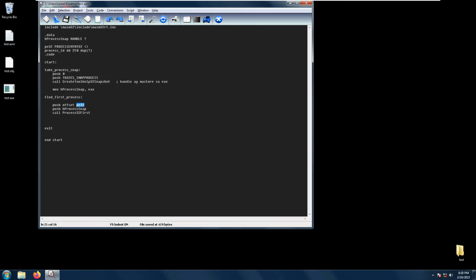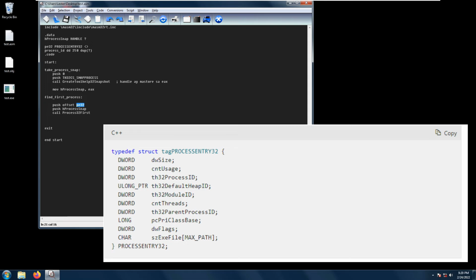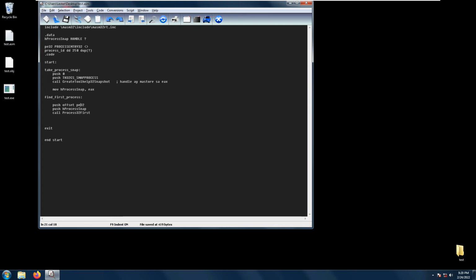So what is the PROCESSENTRY32 structure? The PROCESSENTRY32 structure is an entry from a list of processes residing in the system address space when the snapshot was taken. This contains the size of the structure, the process ID, and also the modules and the name of the process, etc. This PE32 structure is used so that we can store the data that we got from the function